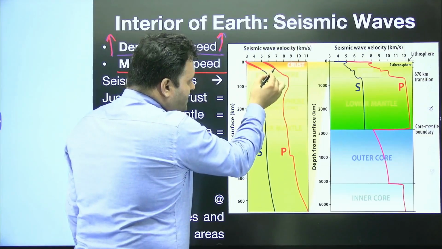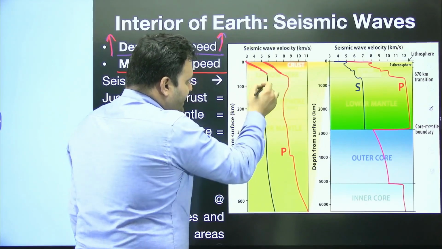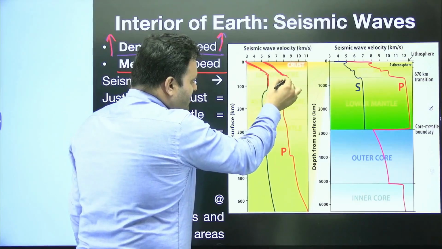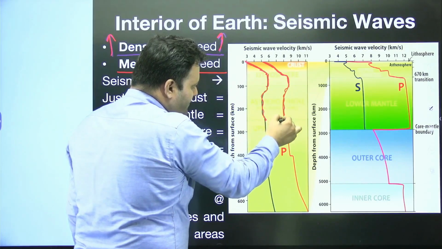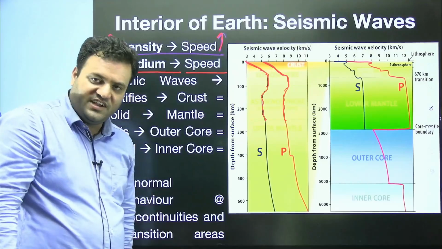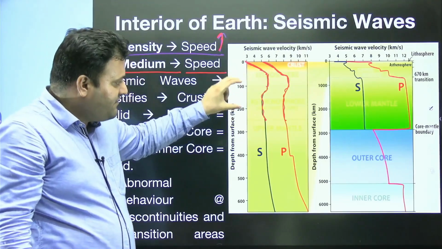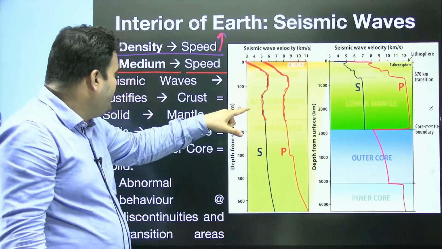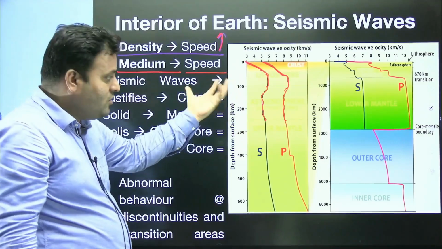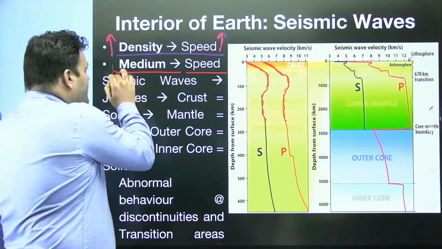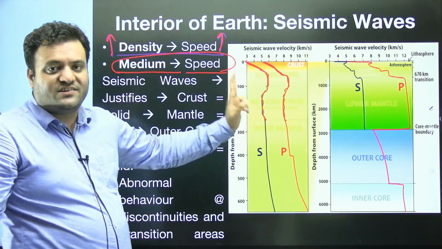Then we have some sort of reduction in speed, probably because of the asthenosphere. When you are in the asthenosphere itself, the speed will be lesser because of the changed density. So based on this pattern, when the speed is decreasing, it means the density is somewhat different, or there might be a situation where the medium could be different. Here we have a medium which is different, and plastic nature is there.